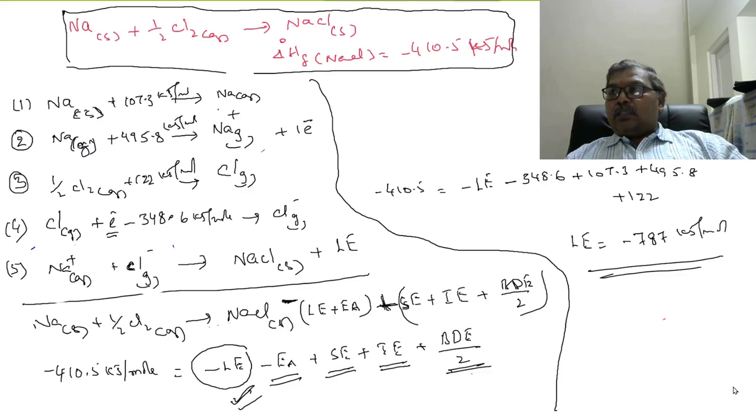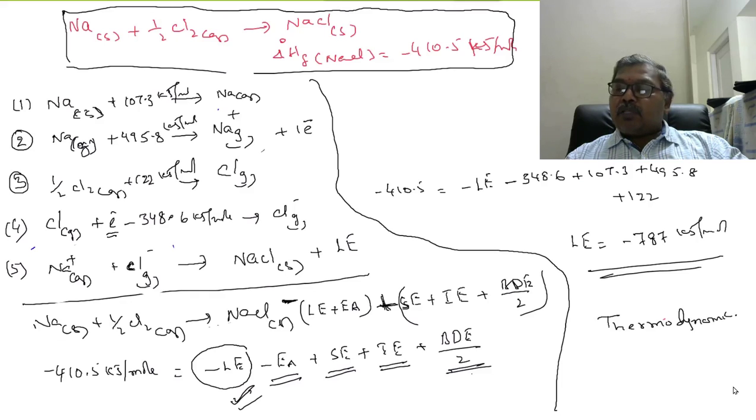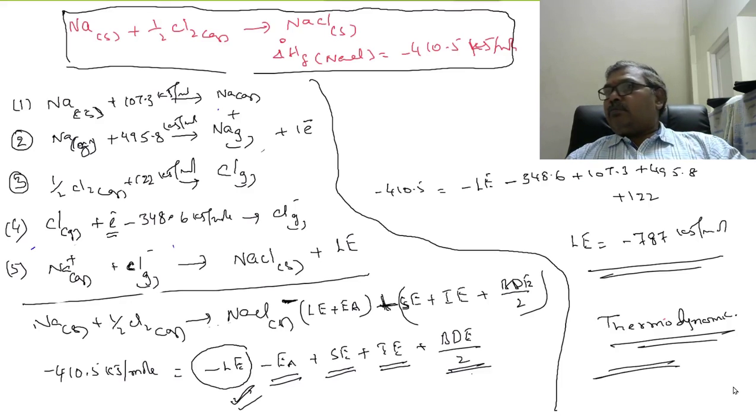Greater the lattice energy, greater the stability of the ionic crystal. Right? Again, we will study the same, Hess's law, Born-Haber cycle, in another topic. In +1 only, it is thermodynamics. In the thermodynamics topic, again we will study this same topic, Hess's law of constant heat summation, and calculating the lattice energy of NaCl crystal by using the Born-Haber cycle. Clear?